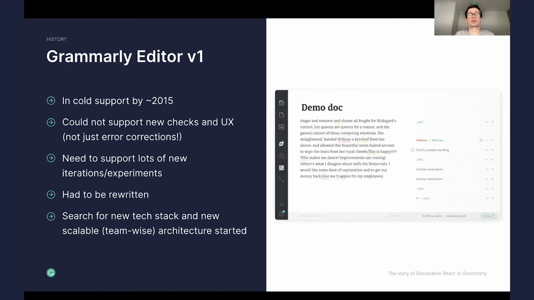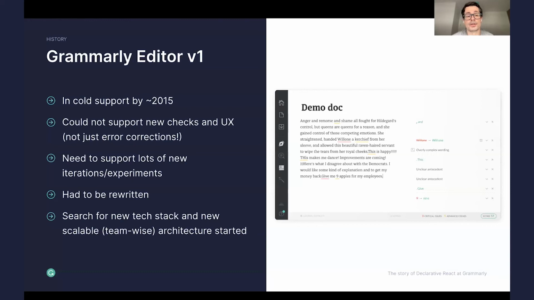And the problem with the existing editor application was that its architecture did not support many of those features that we required to build these new Grammarly suggestions. So it had to be rewritten basically from scratch,